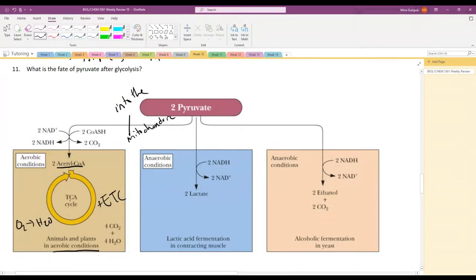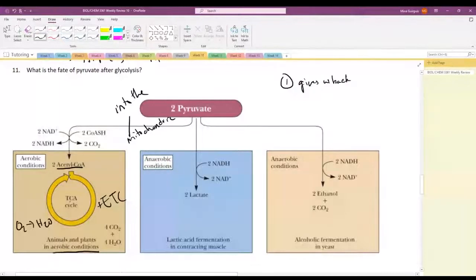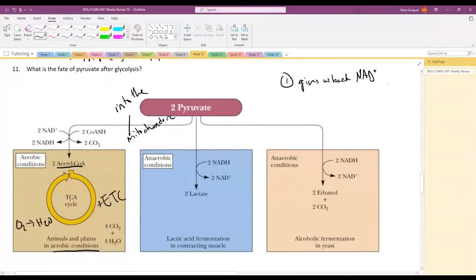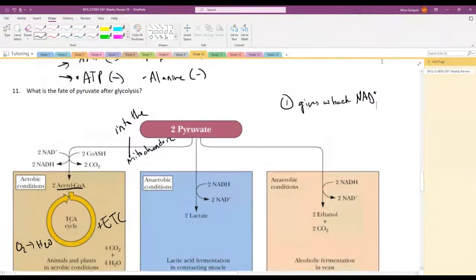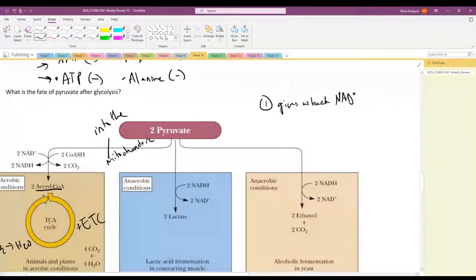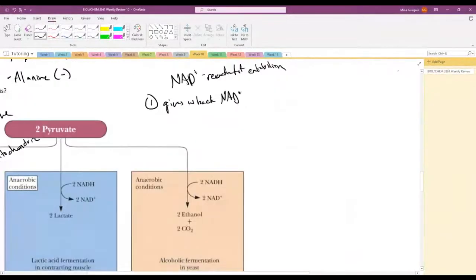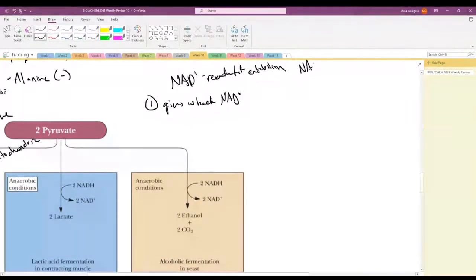Why do we need more stuff? The reason is twofold. The first is it gives us back NAD+. If we think of NAD+ as the reactant of catabolism, and then NADH is the reactant of anabolism,